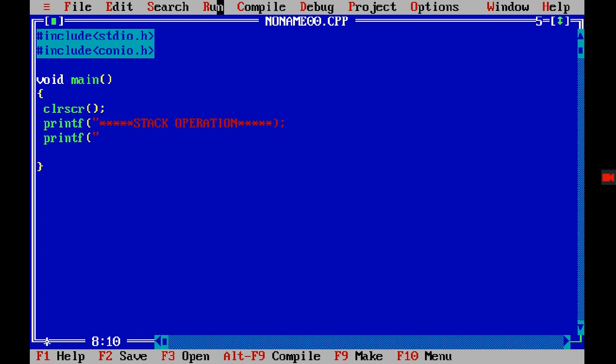Then I'm writing the list of operations to let people know which options are available and they can choose from them. First is the push operation. So I'll have \n, then again \n, that is pop operation.